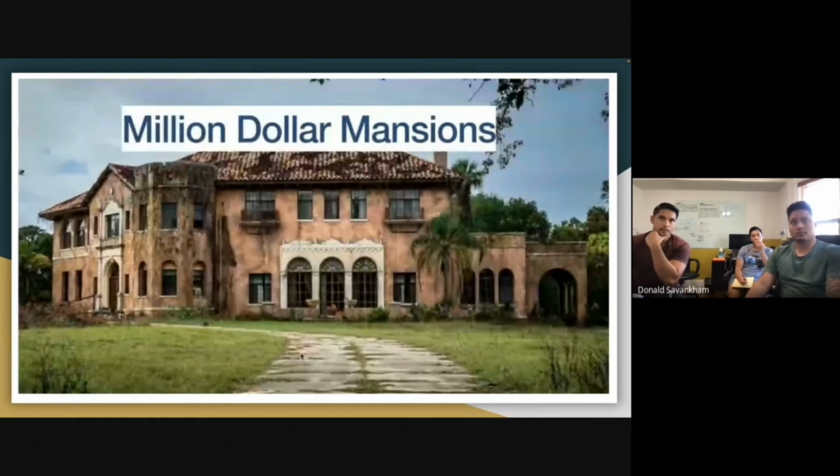$1 million mansions is another one. I've looked at mansions in Voorhees where the price may make sense. You can get it for like $500,000, put 300,000 into it, and then sell it for like 1.3, 1.4 million. However, if you tack in all the interest rates from borrowing money from a lender and trying to do it, it doesn't make sense for us to keep it, but it does make sense to